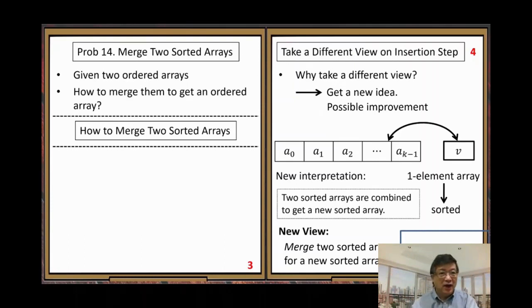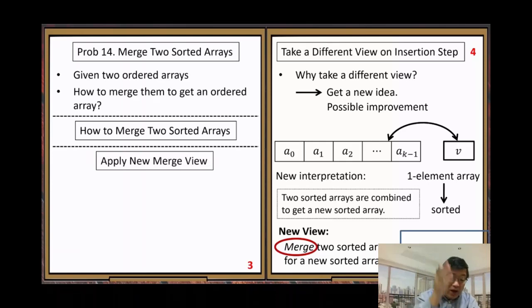All right. So next, we want to apply this merge view for our new problem, apply the merge view on two subarrays. But this time,